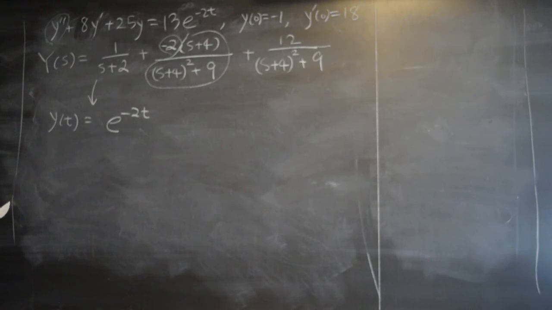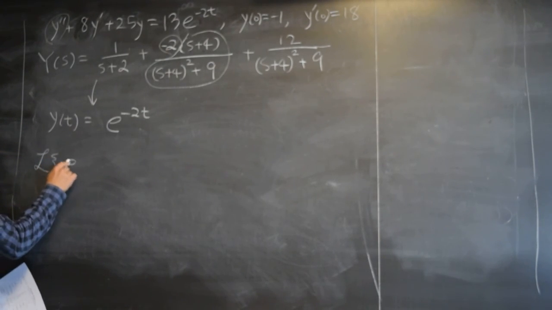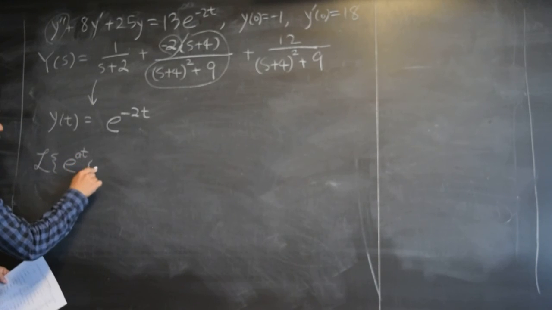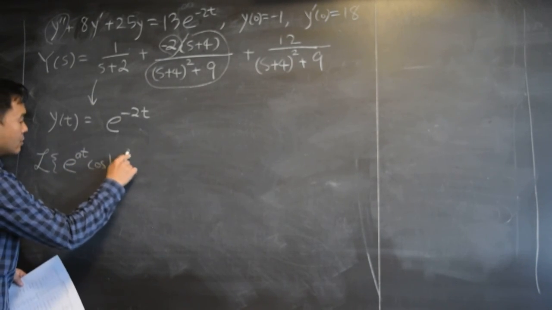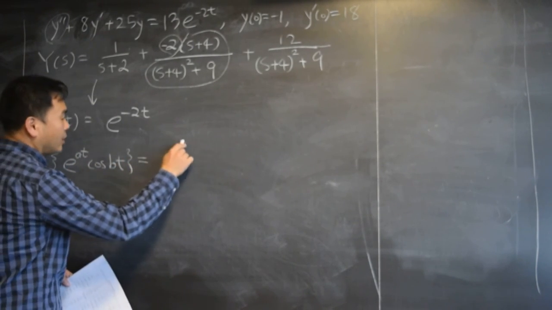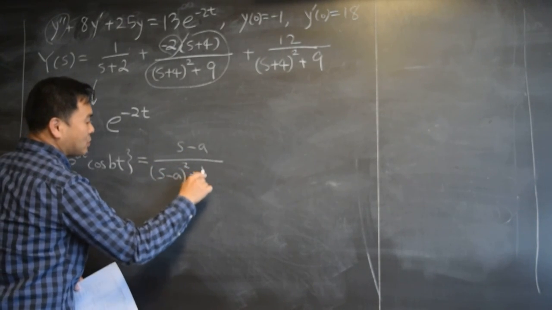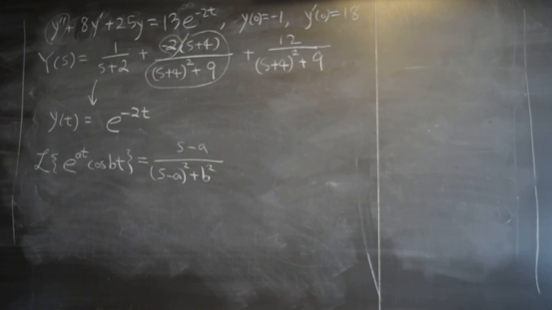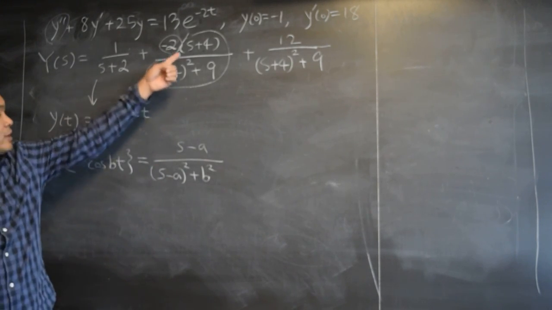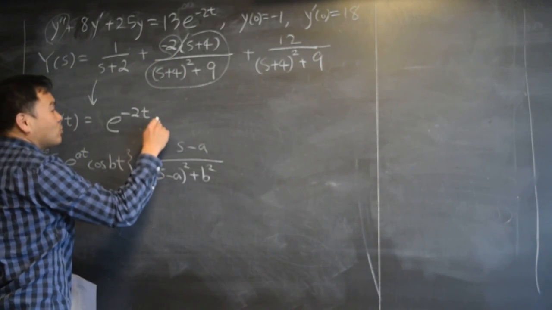Number 19, it says, no, it's not number 19, it's number 20, right? So it says Laplace transform of e to the at cosine bt is what? It's s minus a over s minus a squared plus b squared. Okay, so if you match with this, so first of all, negative 2 is just some